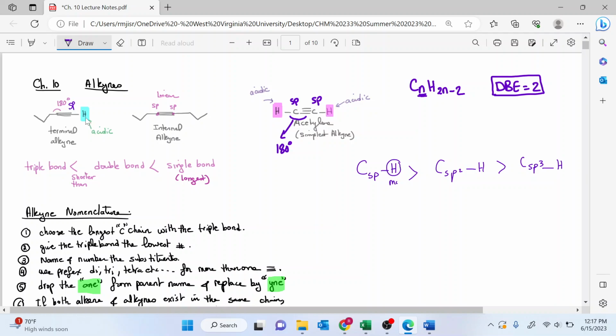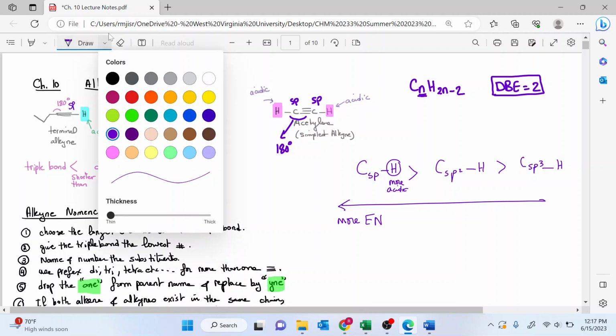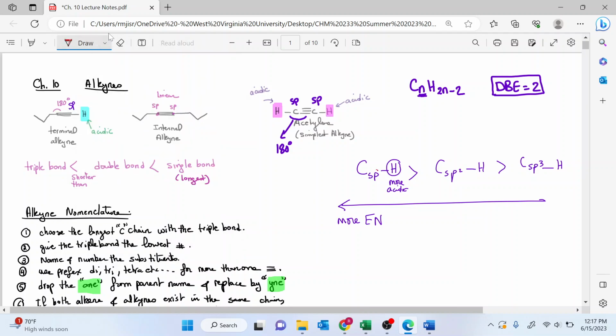This is more acidic. The reason why? Because the carbons are more electronegative. And another reason is that the sp hybridization is 50% s character,